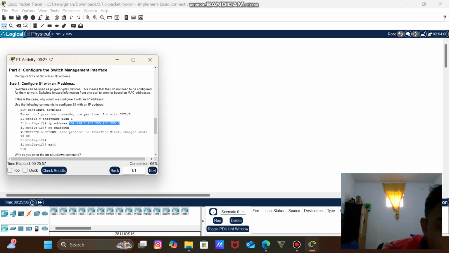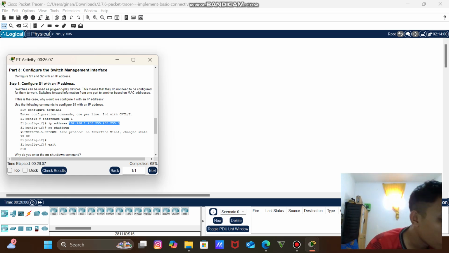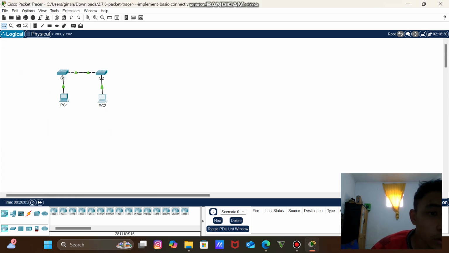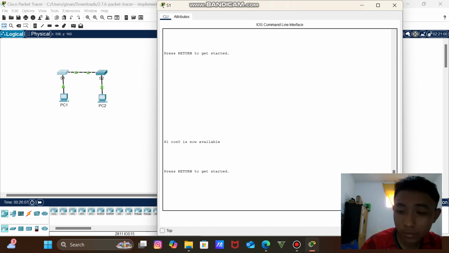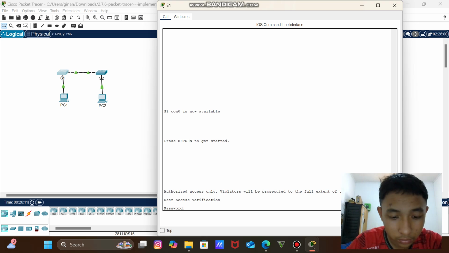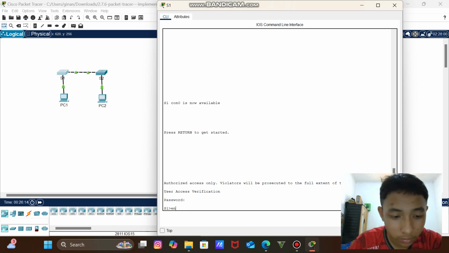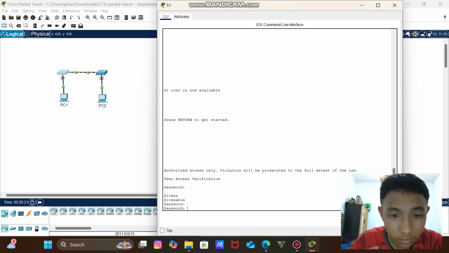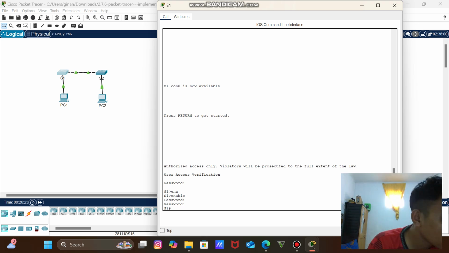Now we will come to S1. Okay, we will copy this IP address. Now we will come to S1. We'll press enter. Password is Cisco. Enable. Password is class. Configure terminal. Then we will go to interface VLAN 1. Then we will set the IP address. We already copied that. Then we have to give the